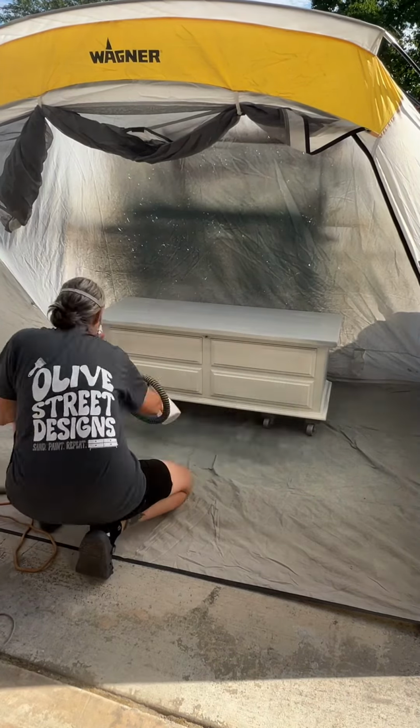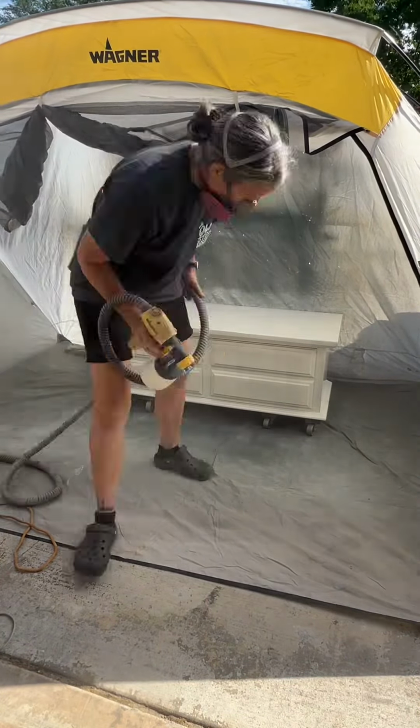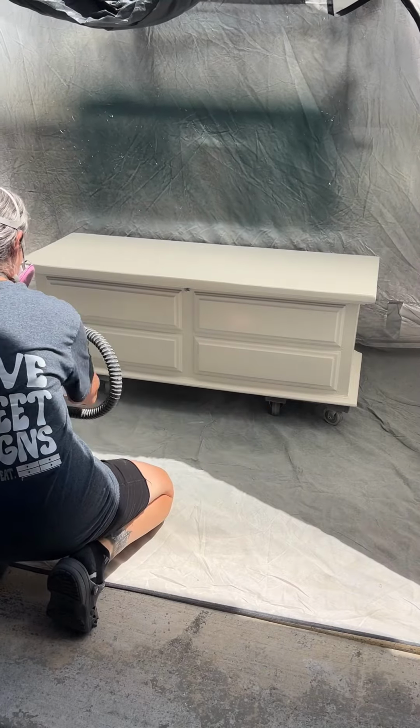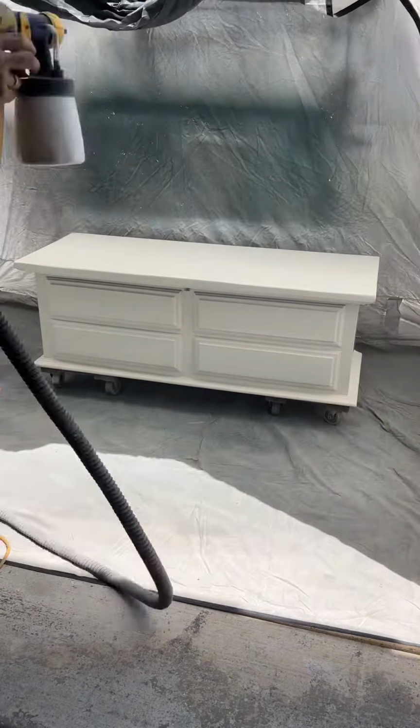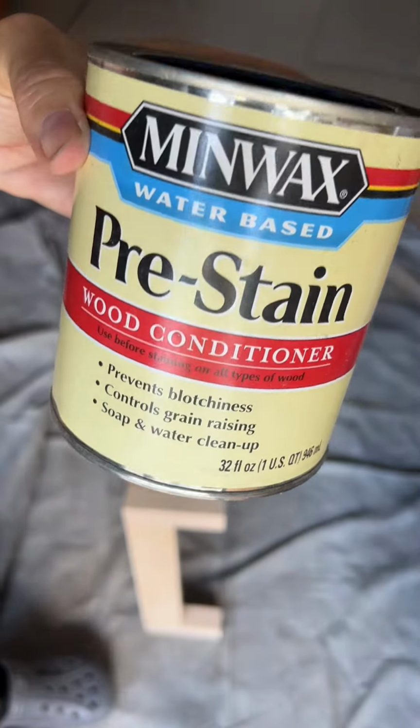This is Organic White by Farmhouse Evolution, a beautiful creamy white. Because this is going to go in my house, I had to make it something that would fit my aesthetic. I have a lot of white furniture. Okay, I did paint and then I did top coat, and now it is time to address the